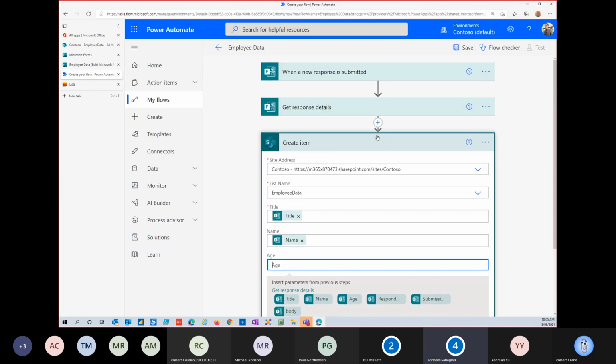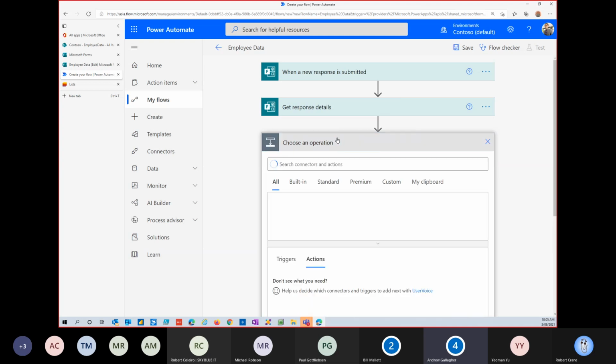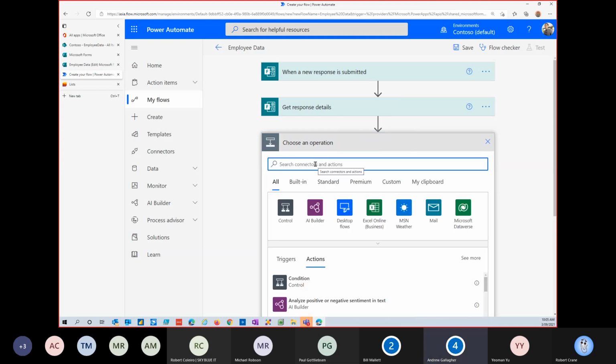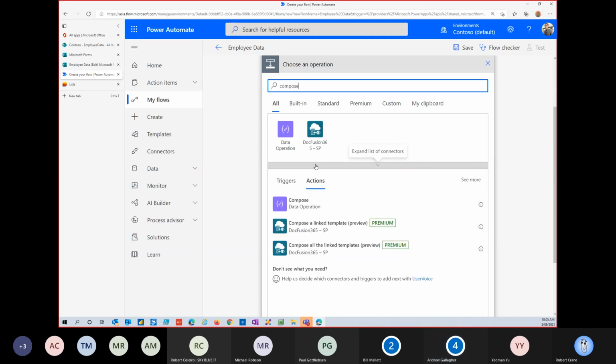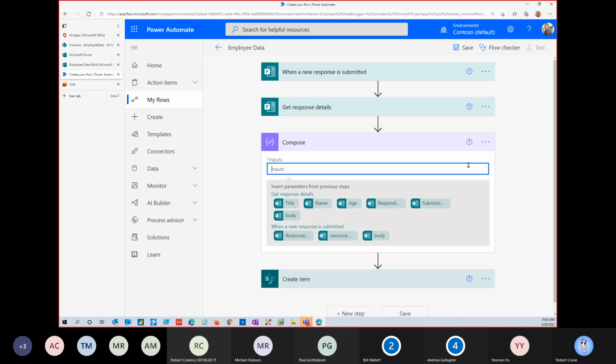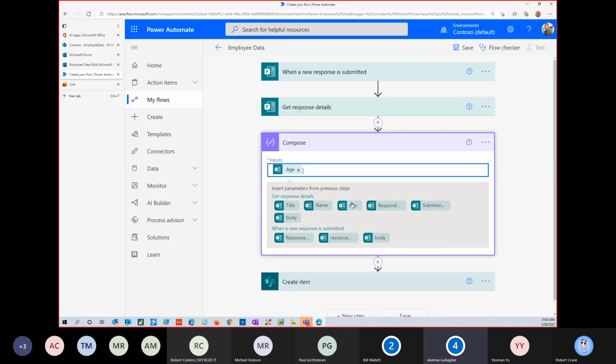So what I need to do is add another field here, which basically will change the text field into a numeric field for me. And to do that, I choose the compose option and select my age.